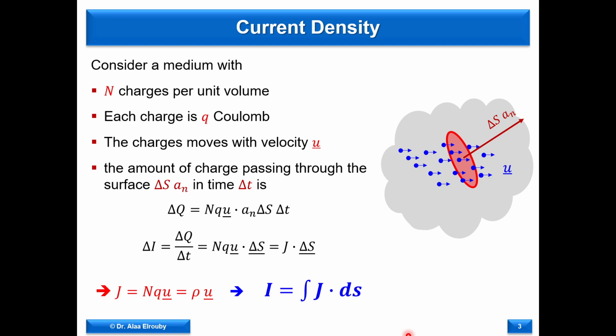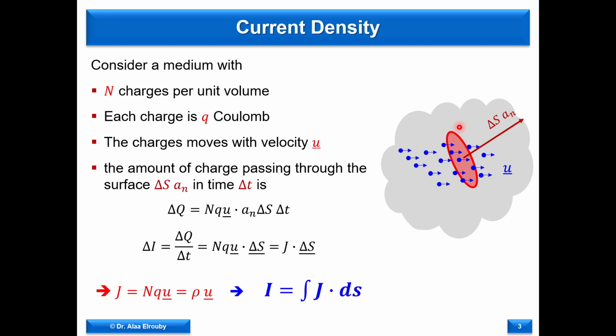So we're going to start with the current density. If we consider a medium with n charges per unit volume, each charge has a charge q, and those charges move with velocity u. So the amount of charge passing through any surface delta S, a_n, where a_n is the normal out of the surface, in time delta t,